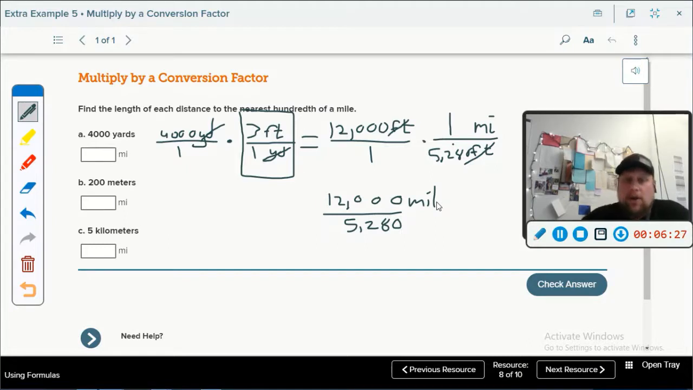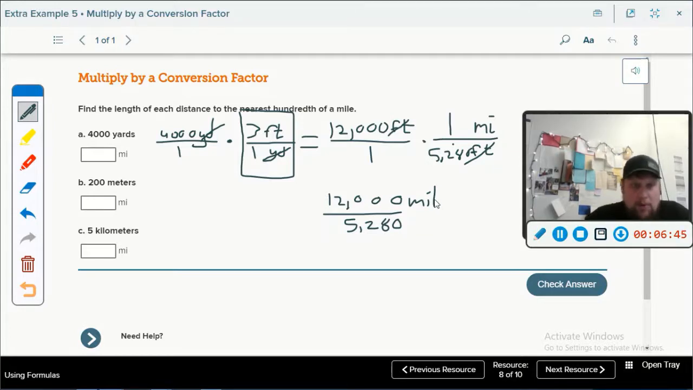You're at home watching this or wherever, so you can use whatever you want. If you're in school, you're going to be using your Desmos on the computer. So let's do this. 12,000 divided by 5,280